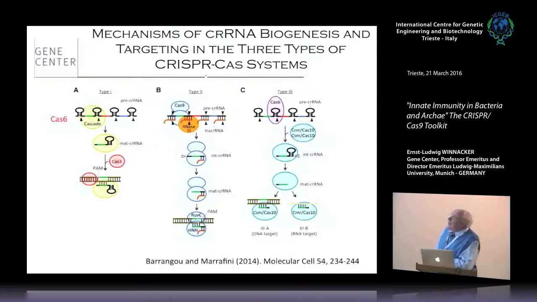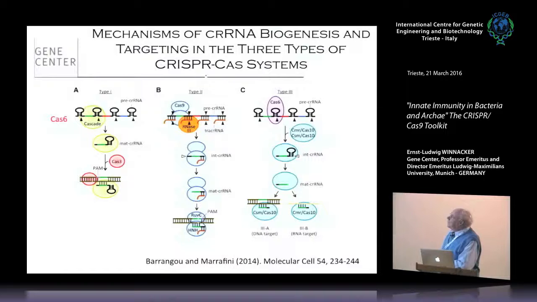First, in type 1, there's an enzyme complex in light green here, which has at least 7 enzymes. It's a rather complex, so-called Cascade. And 2 of these are well characterized. The first one, CRISPR-associated genes or proteins, cut the long RNA precursor. And then comes another enzyme, which in connection with PAM binds to the protospacer sequence and cuts. So in type 1, it's at least 2 enzymes.